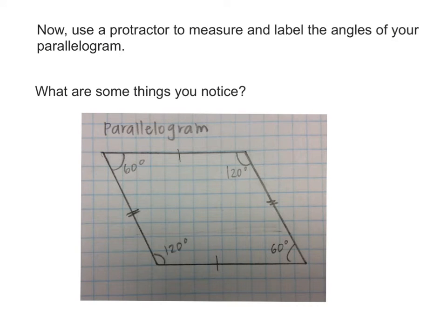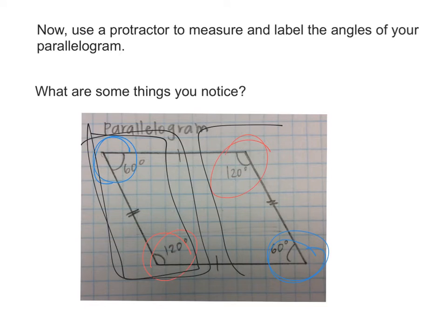What are you guys noticing about the parallelograms? Are you noticing that these 2 angles are the same and that these 2 angles are the same? Do you see that? Furthermore, these 2 angles add up to what number? 180. And these 2 angles add up to? 180. So all 4 angles add up to 360. Very good. We're going to move on because we want to make sure we get enough practice. So today,